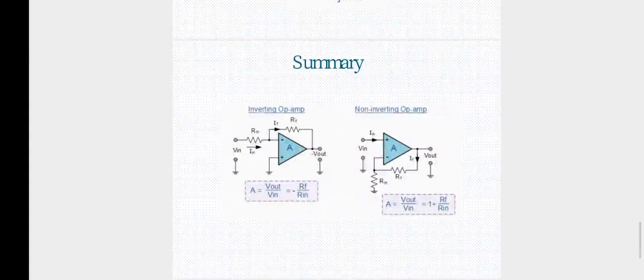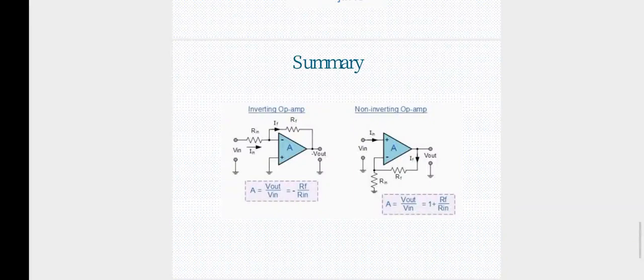This is a summary of inverting and non-inverting amplifiers. In the differential amplifier, two different inputs are given to the two terminals, while the summing amplifier is only in inverting mode. Different voltages are given in non-inverting mode. As an integrator, you can see the feedback resistance is replaced with the capacitance.